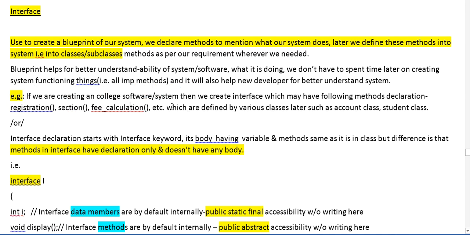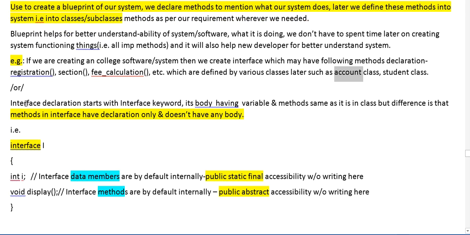Then these methods are later used by various classes, such as the account class will use the fee calculation method, and the student class will use the registration method. These methods we have already declared in the initial stage of the college software, and we will later implement them in the different classes. So that is what the concept of the interface is.